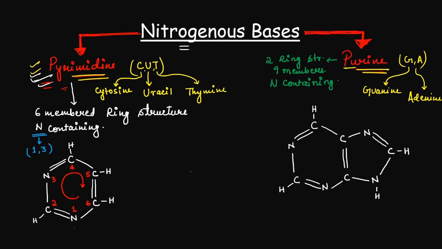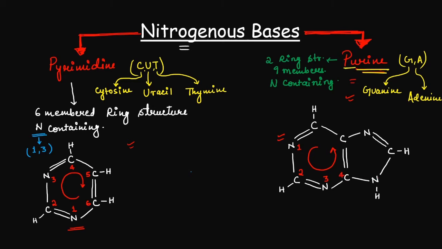Now we have to do the numbering. In case of purine, everything is opposite to what we have seen in case of pyrimidine. Pyrimidine has 1 ring, purine has 2 rings. In case of pyrimidine, we start numbering from the bottom nitrogen. In case of purine, we start numbering from the top one. So we will start numbering from this nitrogen. It will get the first position. Now in case of pyrimidine we do the numbering in clockwise direction. In case of purine we do the numbering anti-clockwise. So this nitrogen has got the first place, then this will get second, third, fourth.